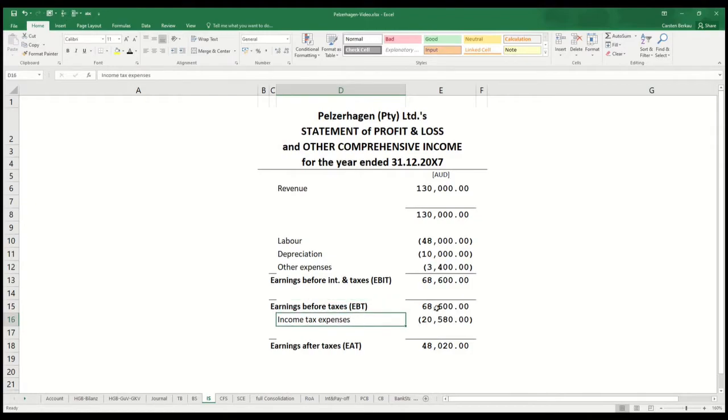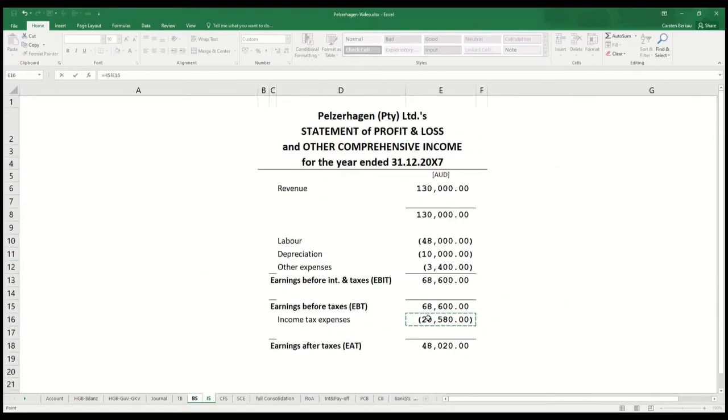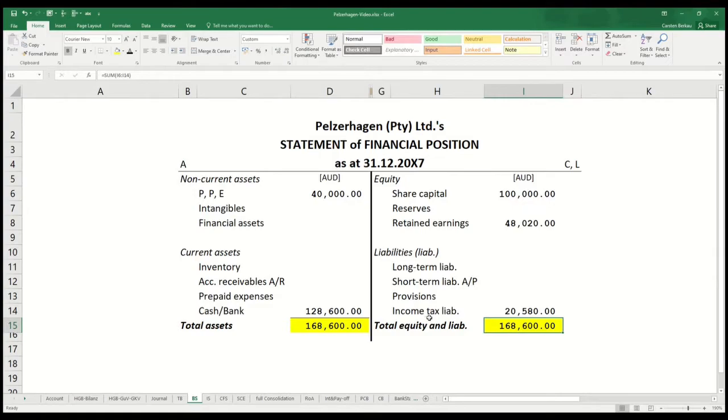A company that earns an amount of 68,600 Australian dollars has to pay 30% in income taxes. Now these income taxes will be recorded as an income tax liability on the balance sheet. So you find here income tax liabilities equals, and I take the amount of the income taxes and I transfer them to the balance sheet. So we see now we got an obligation to pay $20,580 to the Revenue Service in Australia, and as we can see by the yellow marked cells, the accounting equation is fulfilled. We have on both sides